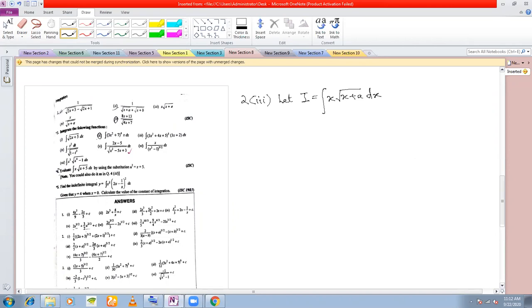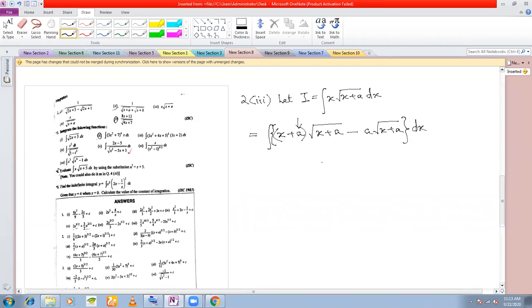dx. Now, in order to do this integration, you see within the radical you have x plus a, but outside the radical you simply have an x. So what you do is instead of x you write x plus a, and you give a root x plus a. But the problem is this a was not there, isn't it? We have added this extra a, right? So we need to subtract a root x plus a